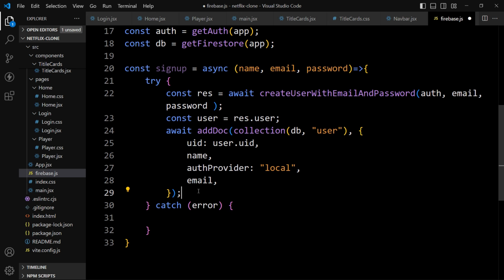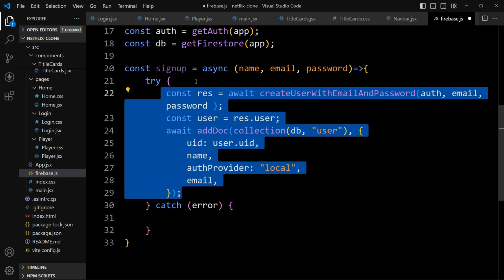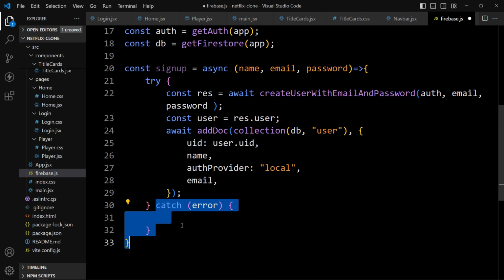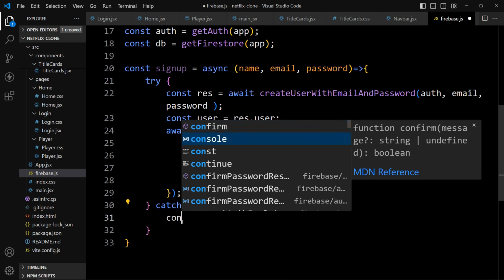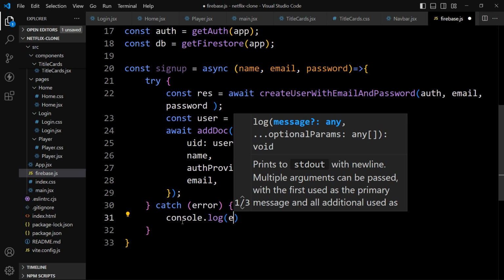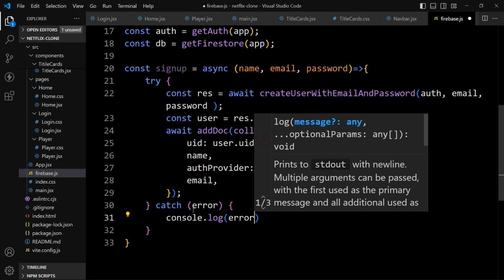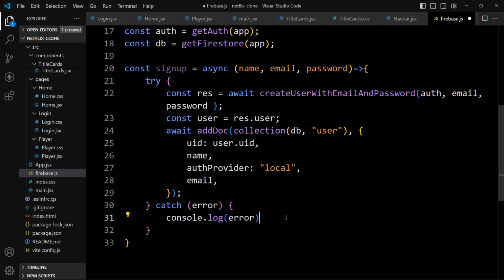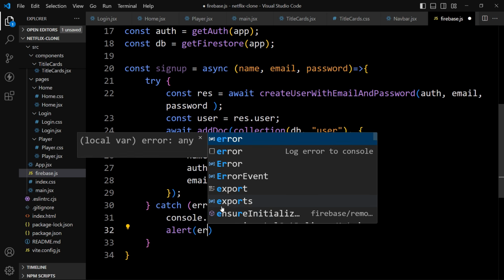After that, if there will be any error in this try block, it will execute this catch block. So in this catch block simply add console.log and we will provide this error, this one here. We will also display this error in the alert. So let's add alert and write error.